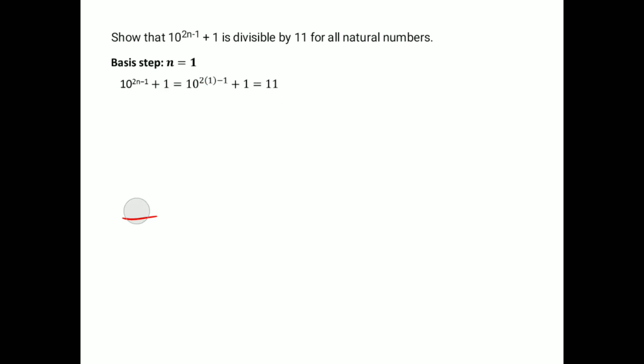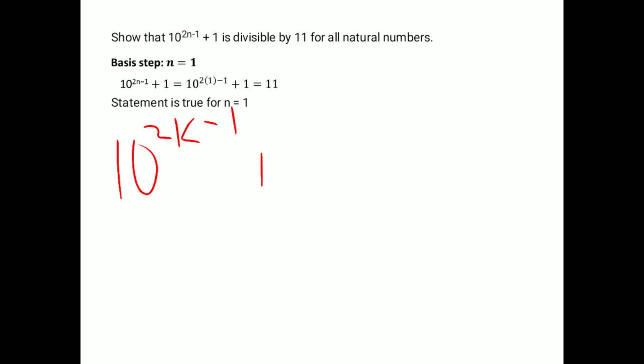Okay, good. So you see that? So the statement is true for n equal to 1. So the next is the inductive step. Here we assume first of all that it is true for n equal to k. That means this will now be 10 raised to power 2k minus 1, then plus 1. You see that? So we can go ahead for n equal to k plus 1,